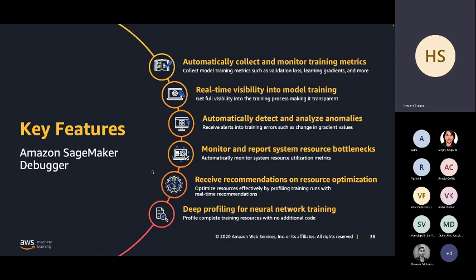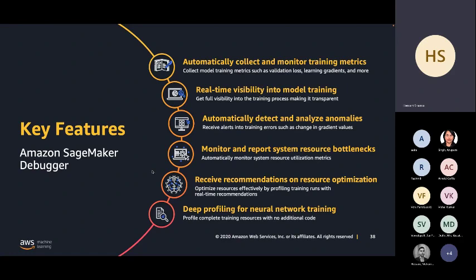So this is a very good monitoring and reporting system, not only for your training, but also if, suppose, your training is happening on a resource which is becoming a bottleneck, right? So suppose for your training you choose a lower capability EC2 instance, but your training requires a higher capability. So your training will take indefinite time, right? So not only does it provide you the insight into the data of the coefficients, but the resource bottleneck also can be alerted using debugger. So it really helps you from multiple fronts, from resource bottleneck perspective, from common problems like vanishing gradient, gradient boost. So it automatically detects and provides inputs to you, so that you come to know that something is not working much early rather than much later,